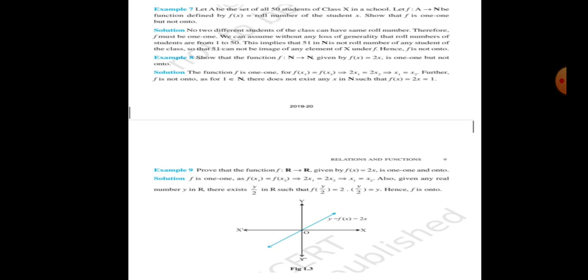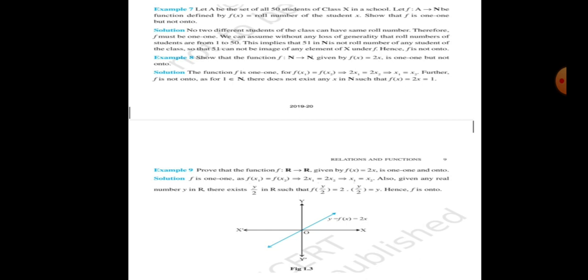Because some of the codomain is not related to some element of the domain. The domain is what? Natural numbers, and the codomain, or we will say the range, will be even numbers, because x is relating to 2x, which means even numbers. So odd numbers of the codomain will be left out. They will not have any pre-image, they will not be related to some element of the domain. So if they will not be related to the elements of the domain, then that function will not be an onto function.